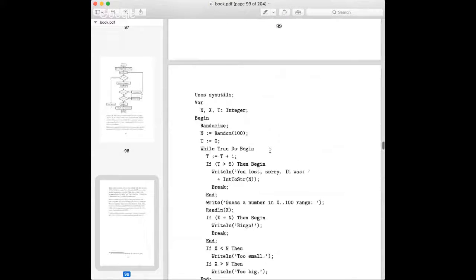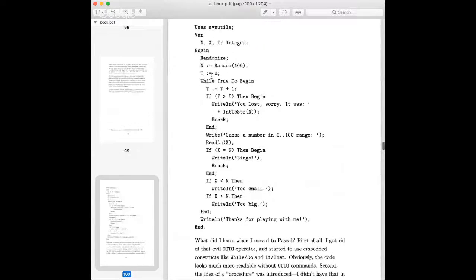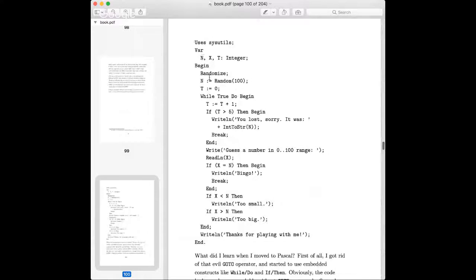Then this algorithm in Pascal. This is the language Pascal, which is also still quite popular. It does exactly the same, and it also has variables. You see that they're just declared on top. There's 3 variables which help us to manipulate with the user and do what the user wants.